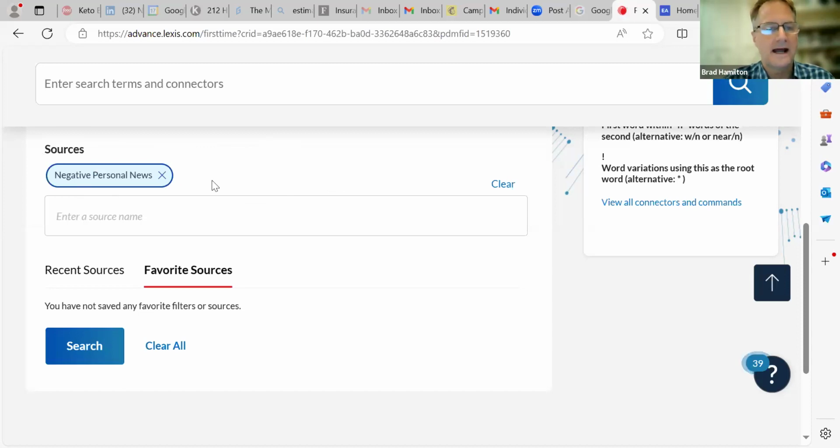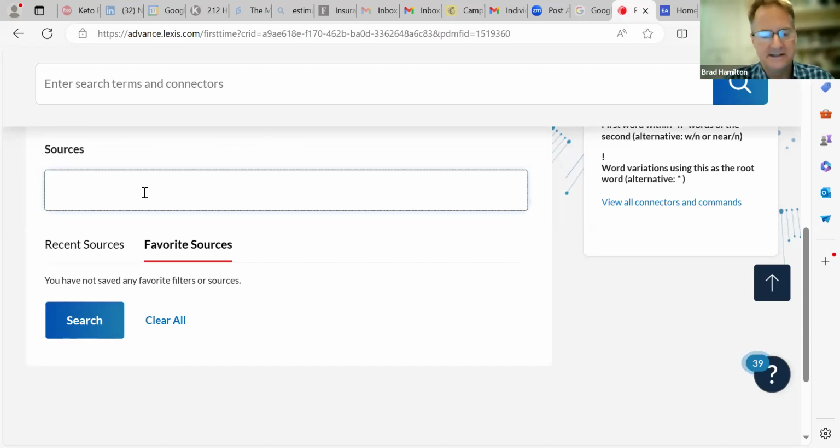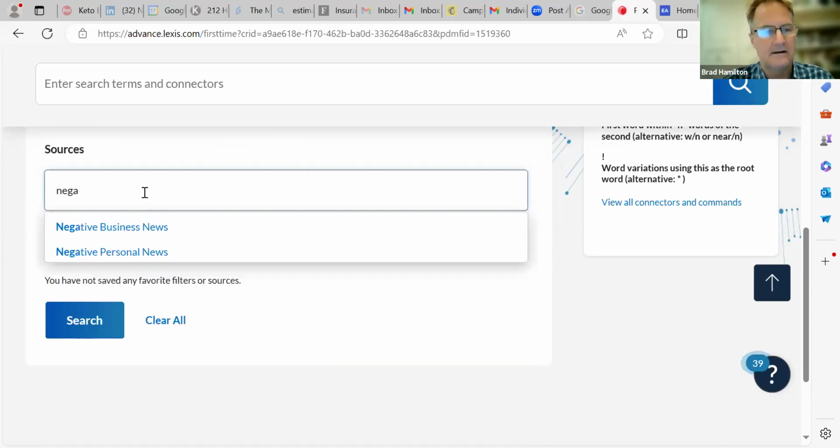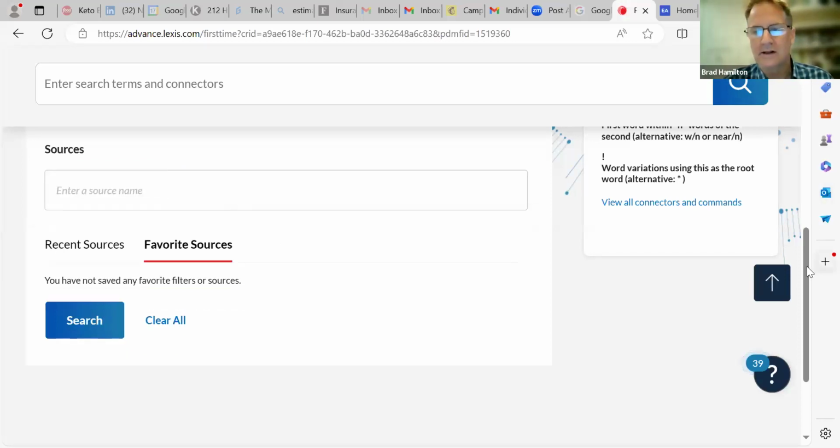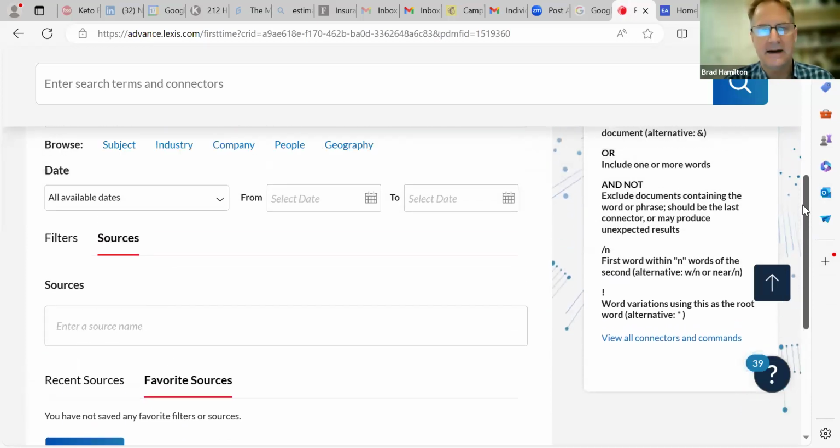Okay, I will point out that the negative business news option there is a little different from the personal one because it includes things like SEC action and regulatory things, right? Whereas the personal one has things that wouldn't relate to a business, such as DWI and domestic violence. Okay, so I've scrolled through these 4 options very quickly, and I'll stop for a second to see